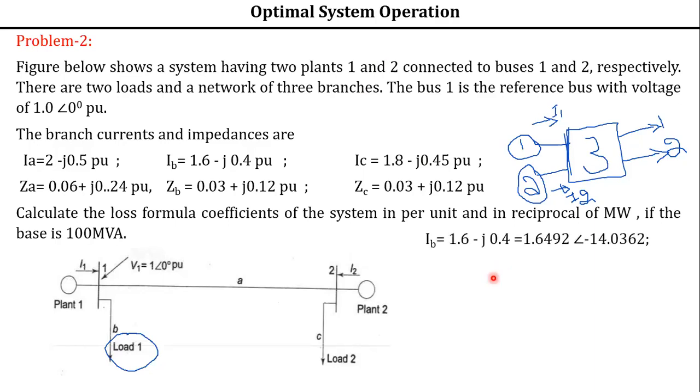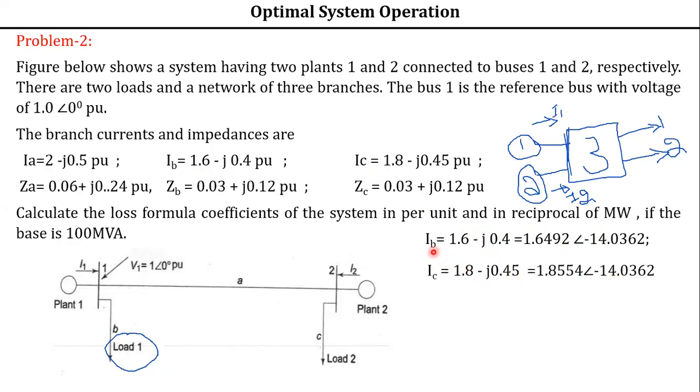Total load current is equal to, before finding out, IA, IB, IC, all the branch currents or line currents which have been given, please convert them into polar form and keep them ready, because that is required for our calculation purpose. Convert these rectangular values of currents only, because for impedances we are not using any angles. Don't convert these impedance values. Convert all the branch currents into polar form and keep them ready. First I am doing IB in polar form. Similarly, IC in polar form.